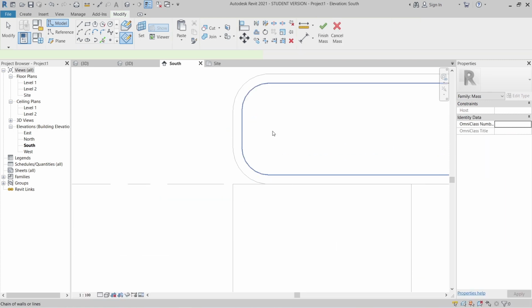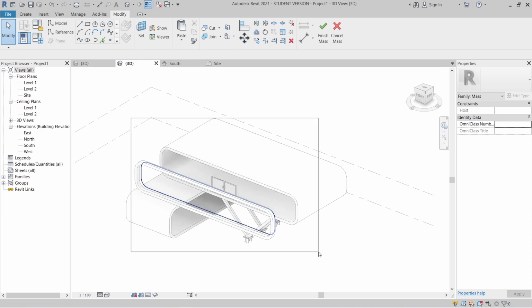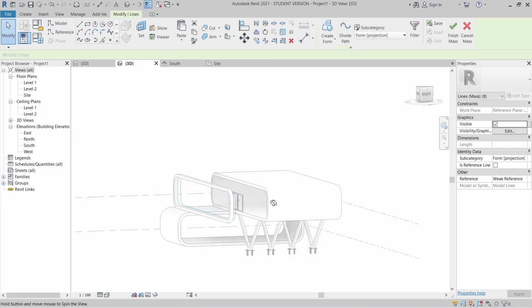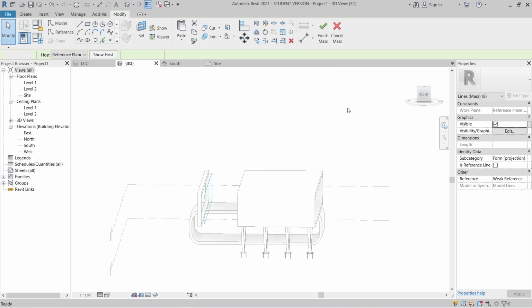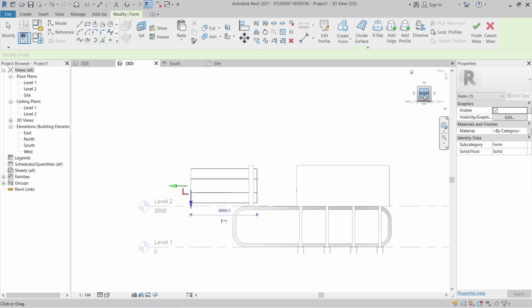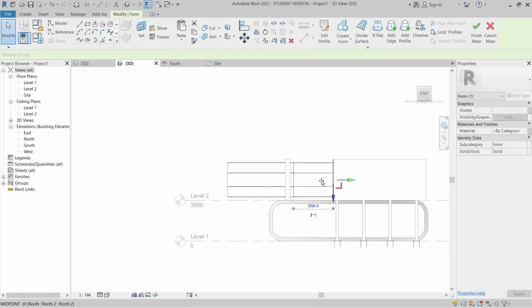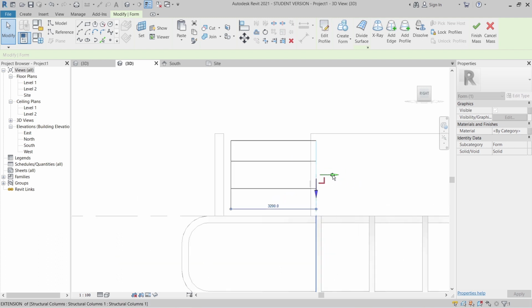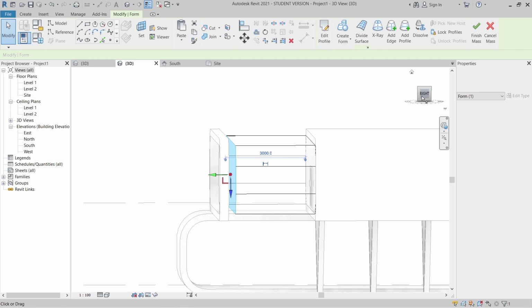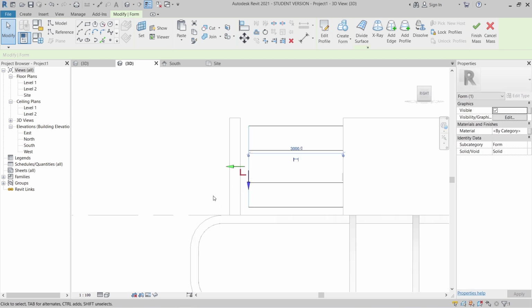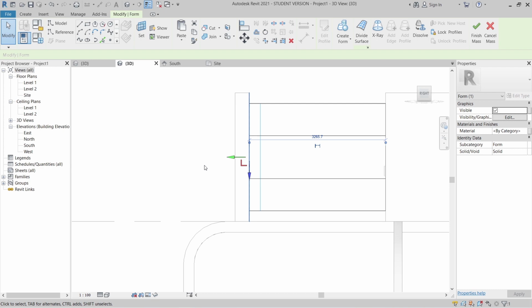Okay, this one is double already. Delete first. Go to our 3D here. Select all. Okay, perfect. As you can see, we got our shape appropriately. Simply go to create tab and solid form. And start from our right side here. Then I'm going to move it until here. Connect it. Okay, perfect.